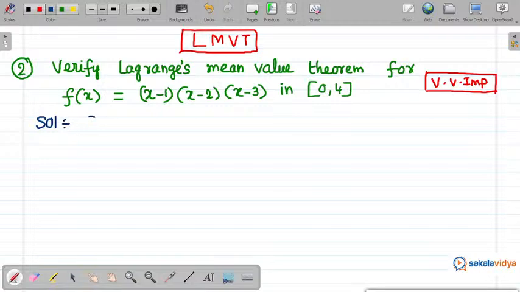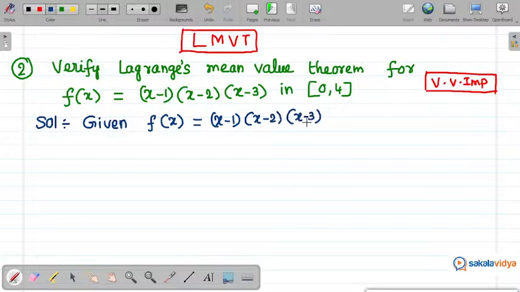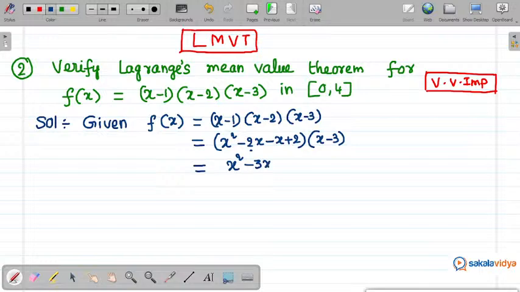Solution. First of all, what is given here? Given that f of x equals x minus 1 into x minus 2 into x minus 3. Let us simplify it. So x minus 1 into x minus 2 means x square minus 2x minus x plus 2. So multiplied with x minus 3,